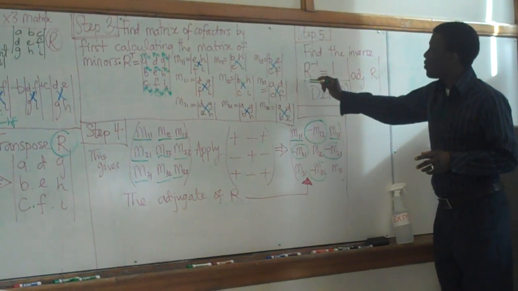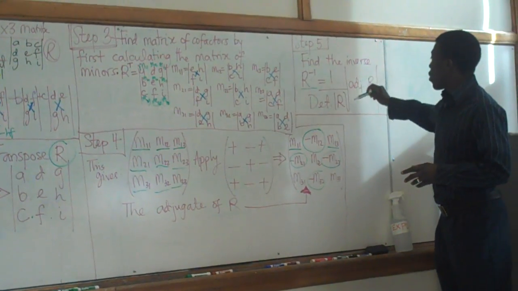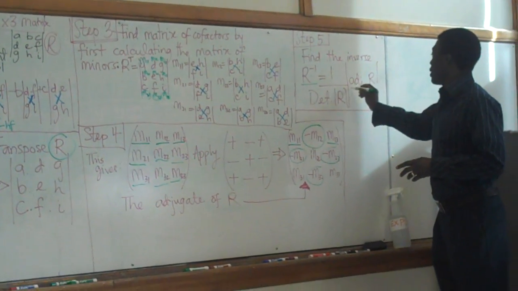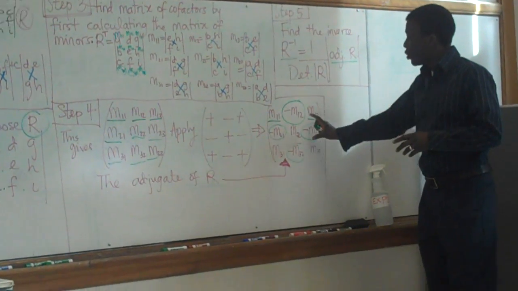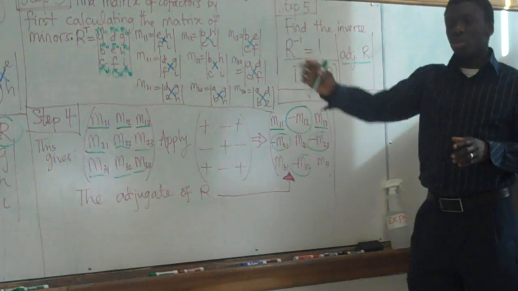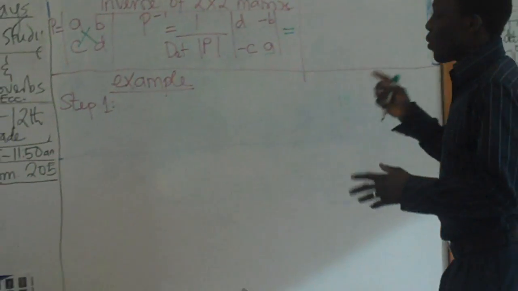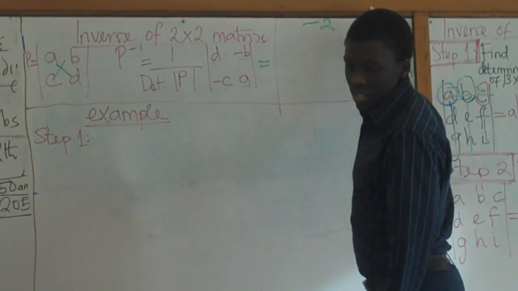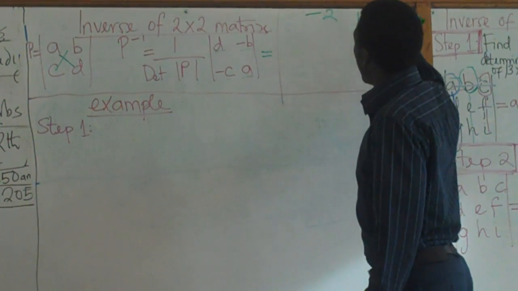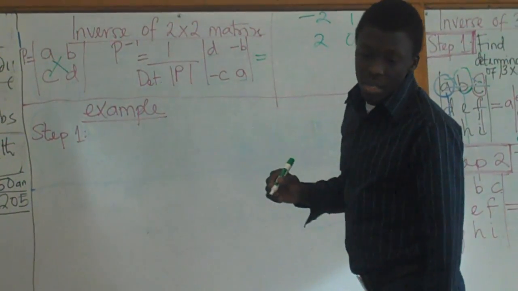The inverse of R is 1 over the determinant of R, and then all we have is the adjugate of R, which is found right here. After you do the sign change, you take those values and you plug them in. Let's do a quick example right here on the board. First of all, the question we're answering is find the inverse of this. So minus 2, 1, minus 1, 2, 0, 4, and then we have 0,